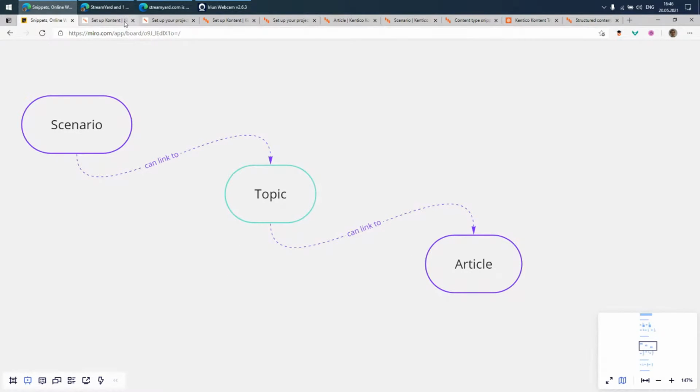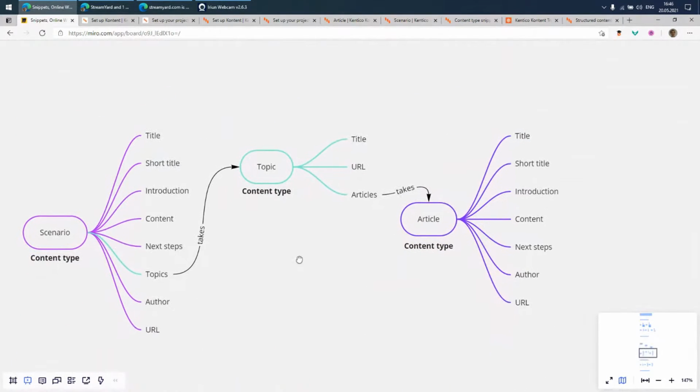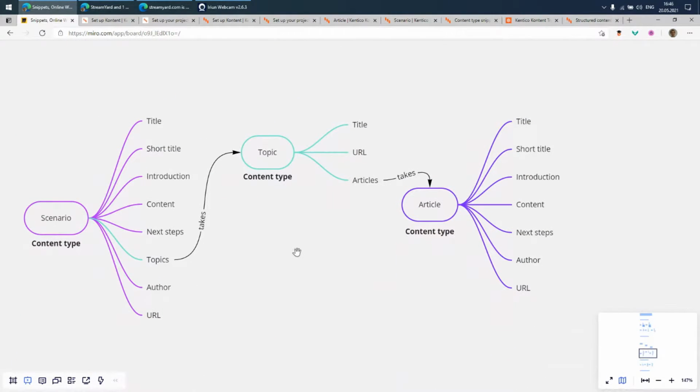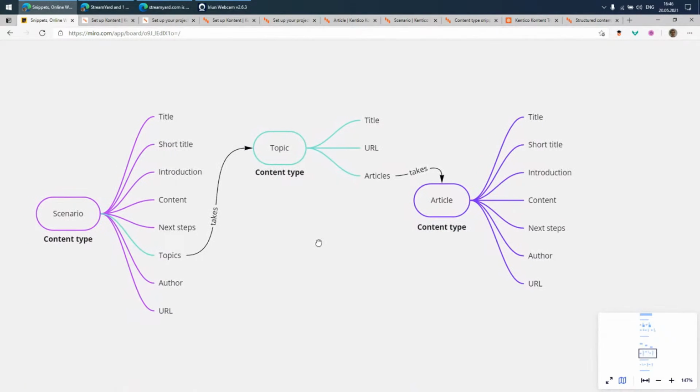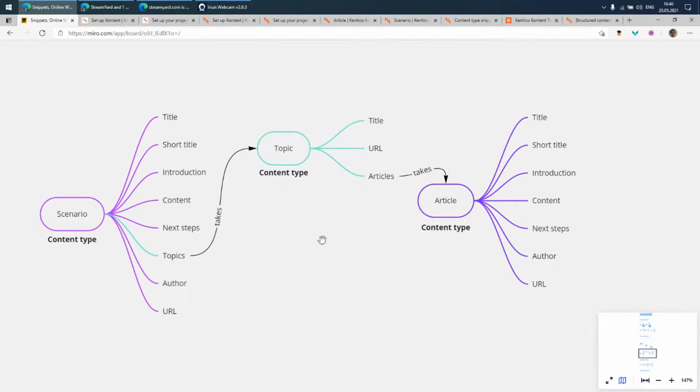And the reason why I'm telling you this is to make the following schema easier to digest, because now we can look at the content types in all their glory, let's say. So what we're interested in is the difference between scenario and article. Just like I showed in the documentation portal itself, there aren't many differences between scenario and article. To be more exact, this is the only